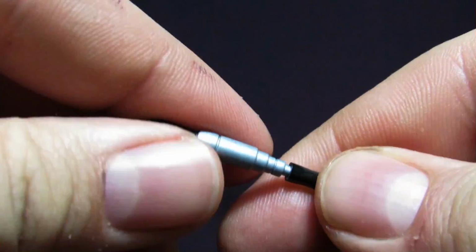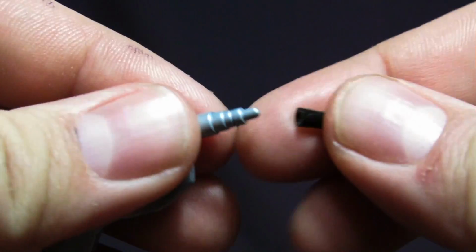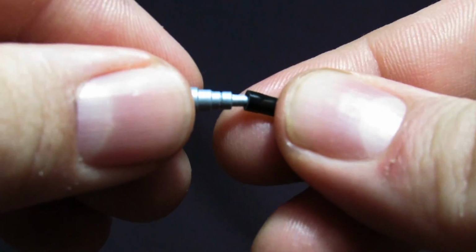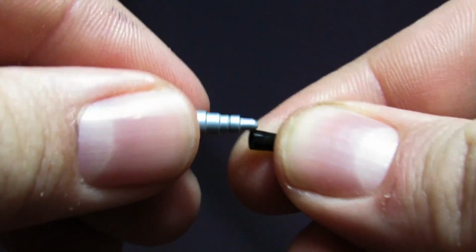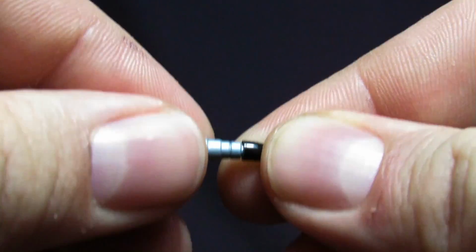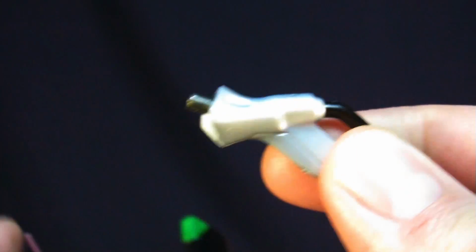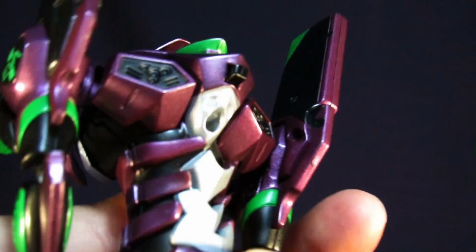So you already get your minds out of the gutter, but I want to point out that it might break if you try to force it in or force it out too much. So just when you're pulling it out, give it some time. I'm moving on now. And what's really cool too is this part's actually articulated, which I appreciate, because when attaching